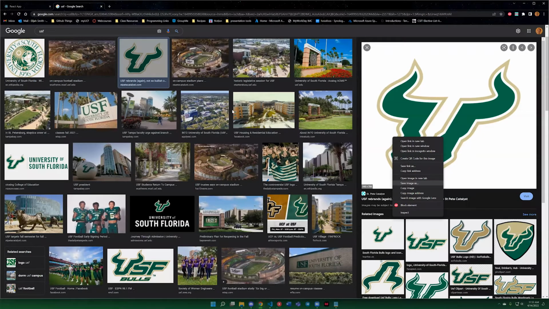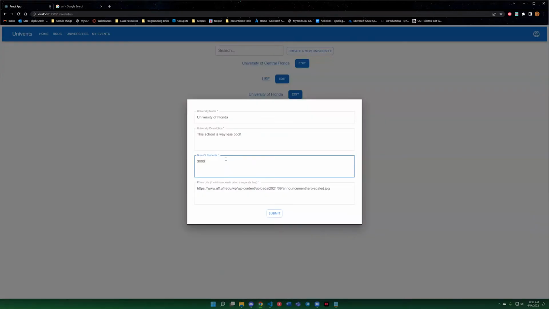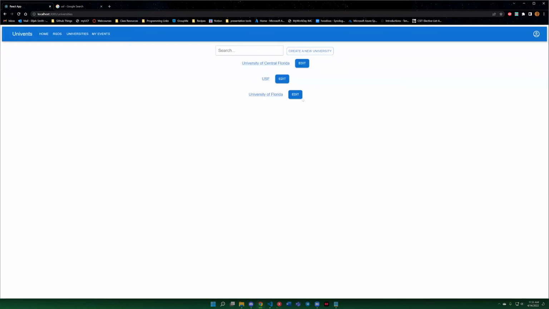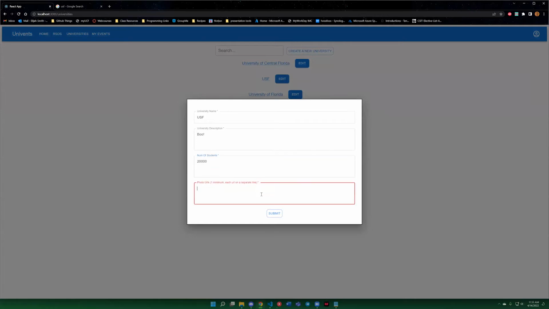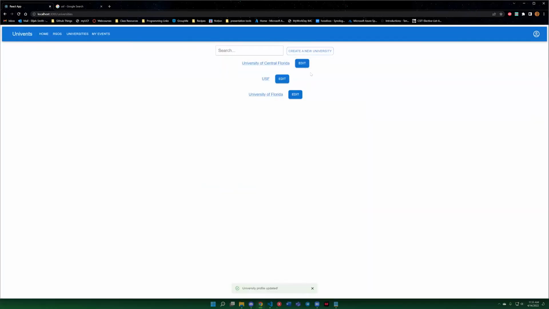Copy image address. We can edit these as well. So we could change this to be 30,000 students instead. And then let's maybe, oh, actually, no, that's not the one we want. We want this University of South Florida. The photo didn't actually save, so let's save it this time. Okay, and so now it updated successfully, and if we open it,